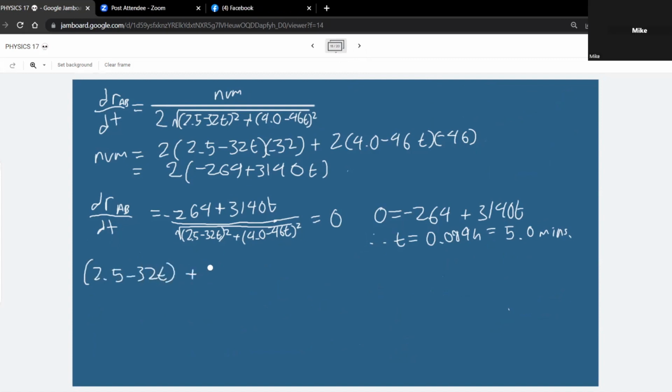So ito, square root of 2.5 minus 32 times 0.084 square plus 4.0 minus 46 times 0.084, and then square. R sub AB is